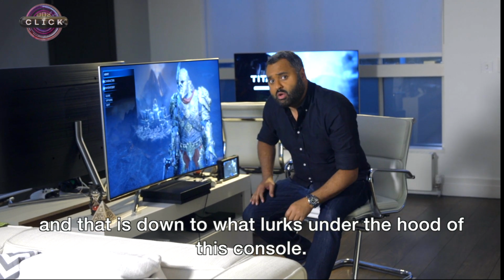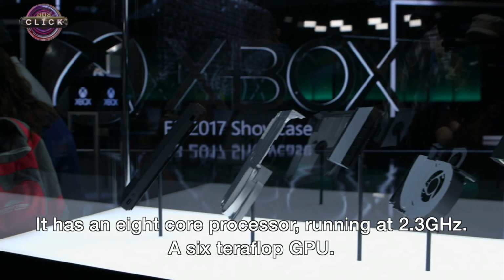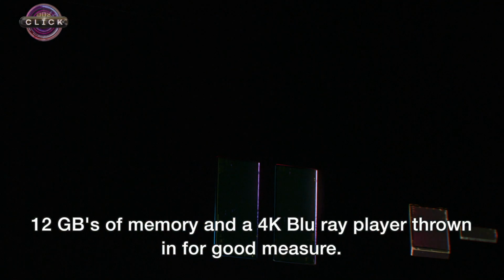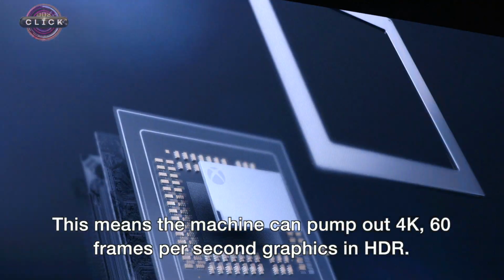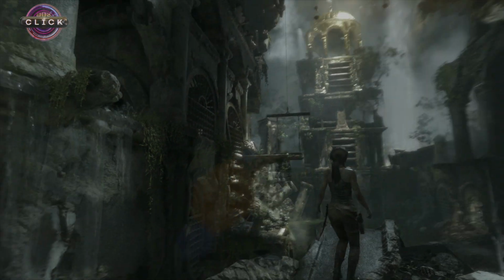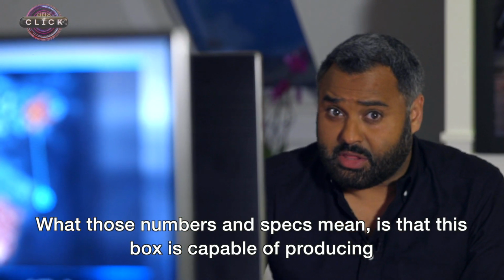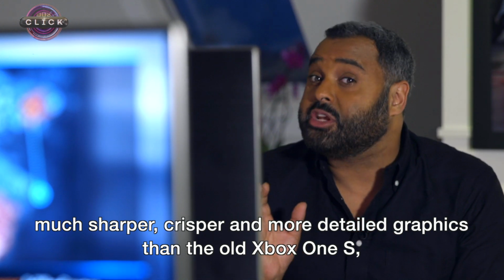hood of this console. It has an 8-core processor running at 2.3 GHz, a 6 teraflop GPU, 12 gig of memory, and a 4K Blu-ray player thrown in for good measure. This means the machine can pump out 4K 60 frames per second graphics in HDR. Stunning. What those numbers and specs mean is that this box is capable of producing much sharper, crisper and more